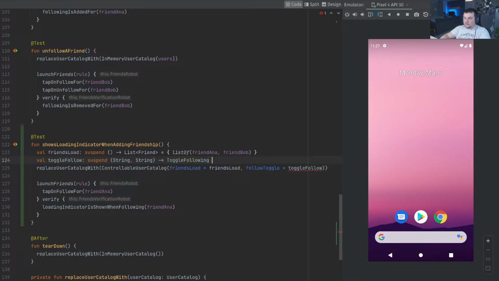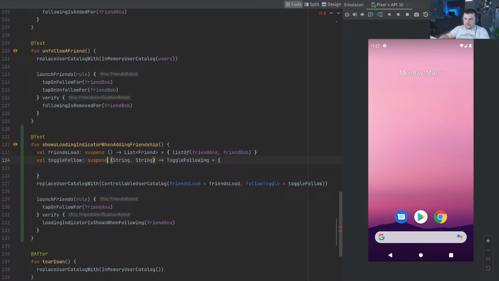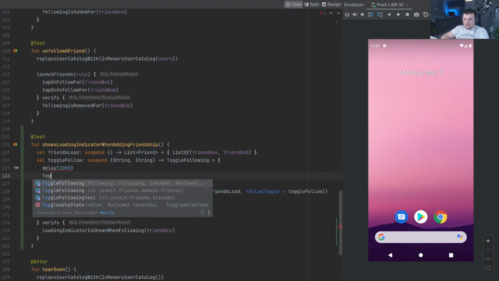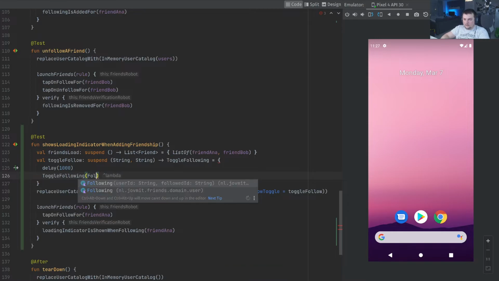It's too bad that the type inference is not working here, so I have to define the types manually here and specify. So here I would say delay for 1 second and then return toggle following,